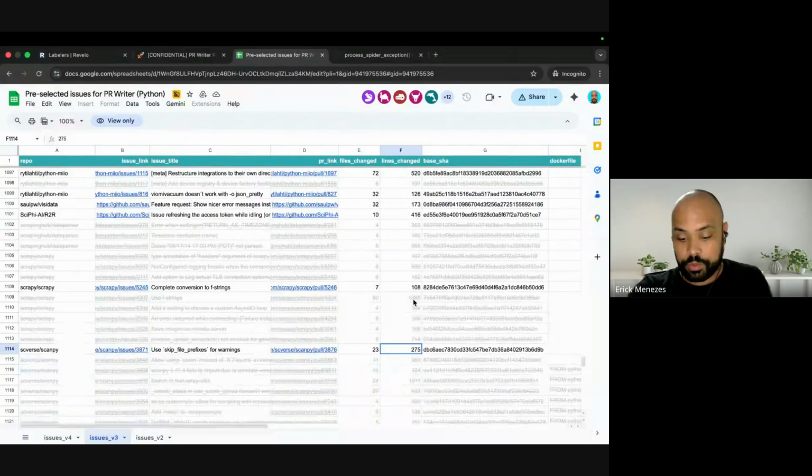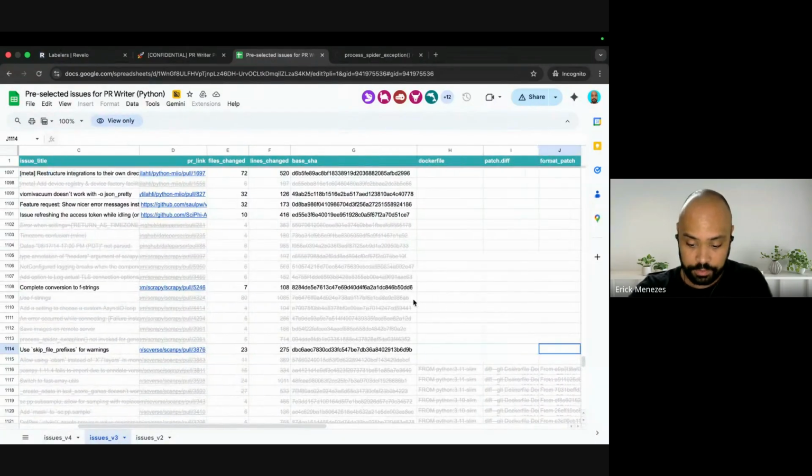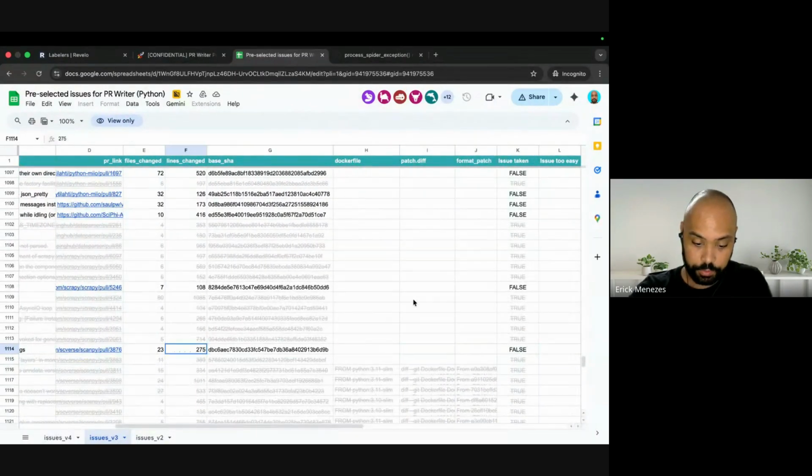One thing to keep in mind is how many files are being changed in this issue. We take it like more than 4. It's okay for you to have an issue for the models to solve it. Here we give you basic information about this. So this column is also important.